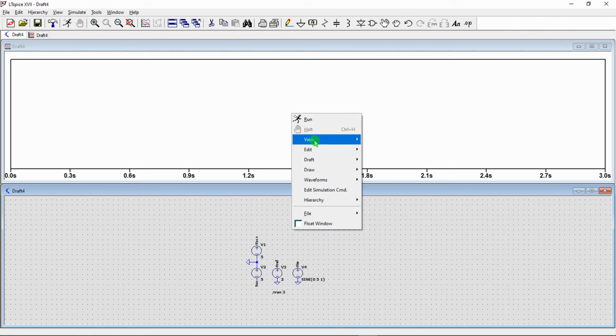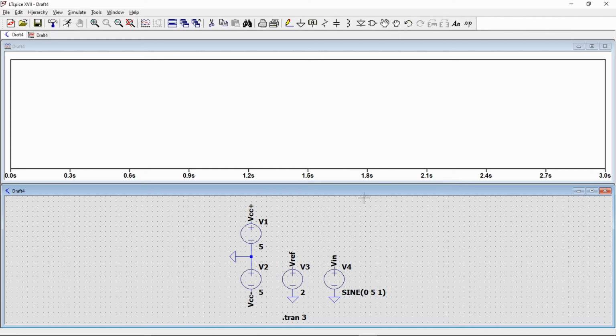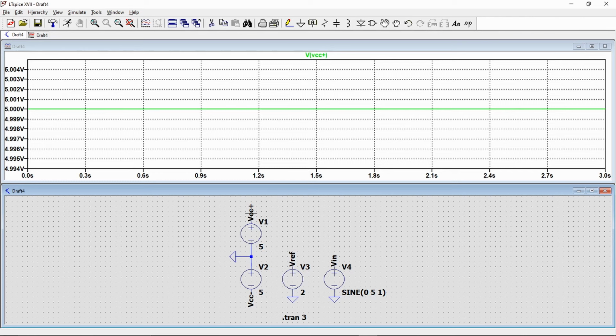I'm going to go ahead and make my schematic a little bit larger so that I can see more specifically where my voltage probes are. So when I mouse over a node point, I get a voltage probe, and when I mouse over a component, I get a current probe. I'm looking for voltages, so I want to be over a node point. So let's check the voltage at the node VCC+. If I left click there with my voltage probe active, it generates a plot of the voltage at node VCC+